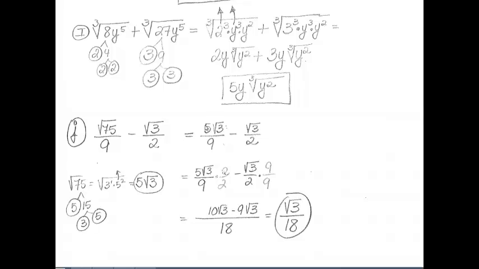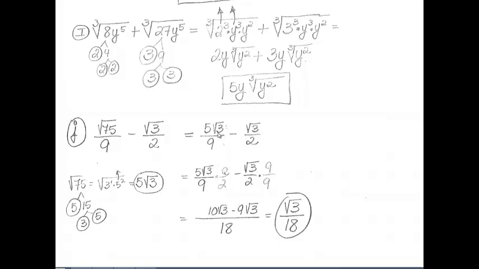Alright, the next letter. Again, at first look, it doesn't look like we can combine it, but we always should try to simplify the radicals. As I try to simplify 75, I notice the 75 is 5 to the 2nd times 3. So that means the 5 comes out, and it becomes 5 square root of 3. So over here, I rewrote it: 5 square root of 3 over 9 minus square root of 3